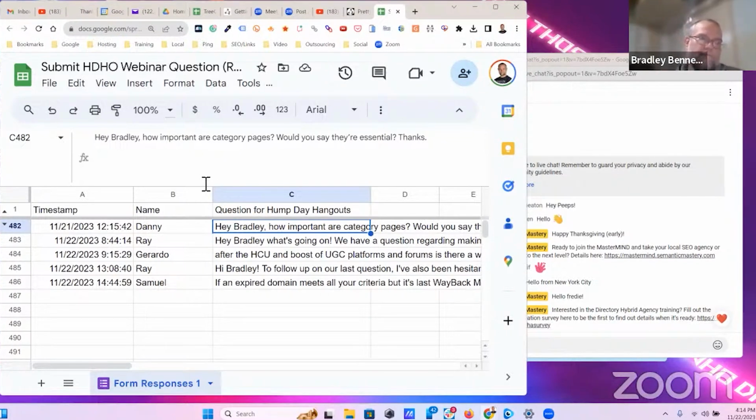If it's a local site, if you're talking about local clients and stuff, I still use categories because of building silo architecture into a website. Categories are great for that. By the way, Danny, you can go to our YouTube channel, youtube.com/semanticmastery, and use the channel search feature or click onto the playlists tab and scroll through. There are dozens of playlists, but look for silo training. There's a playlist in there with several videos,